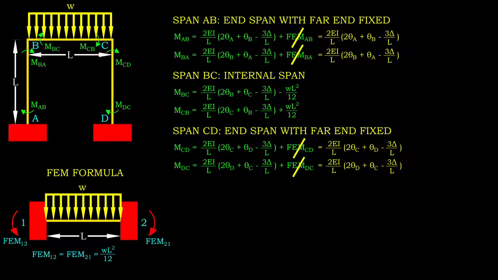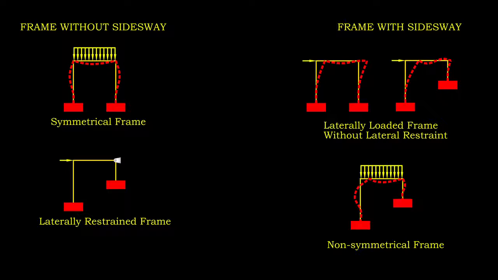When analyzing a frame, it is important to know whether the frame will sidesway. For a symmetrical frame like this that is not subjected to lateral load, we can assume sidesway does not occur. Even if it is subjected to lateral load, proper restraint against horizontal direction will prevent sidesway. Conversely, an unsymmetrically configured or loaded frame will experience sidesway, as well as a laterally unrestrained frame that is subjected to lateral